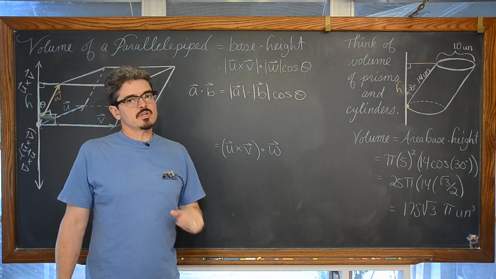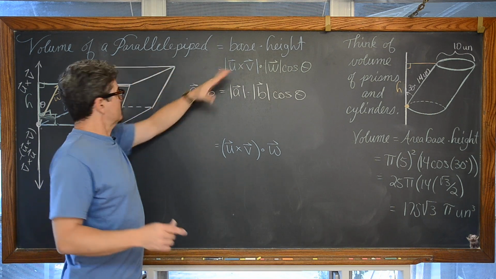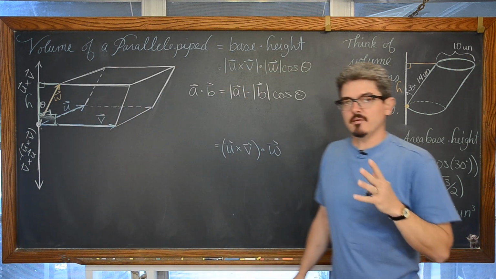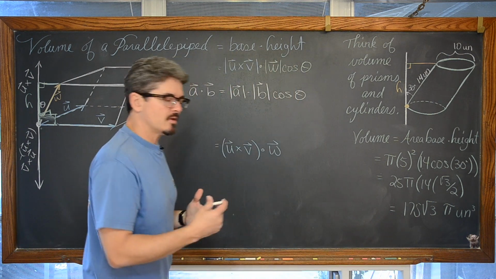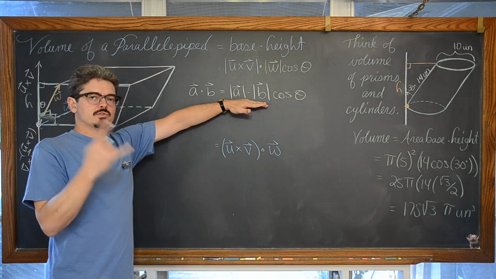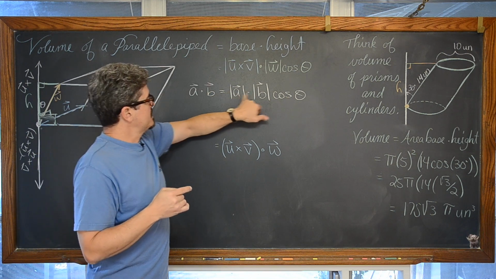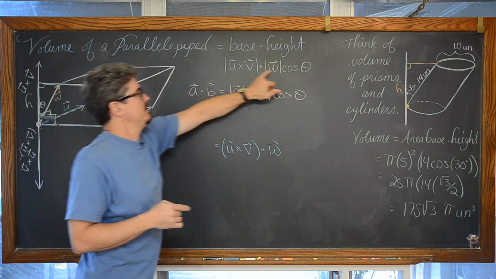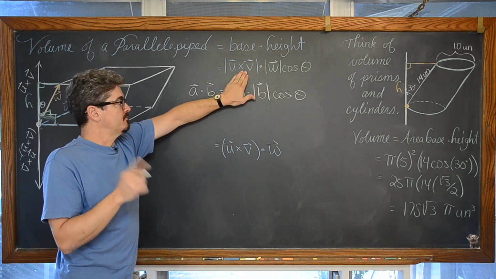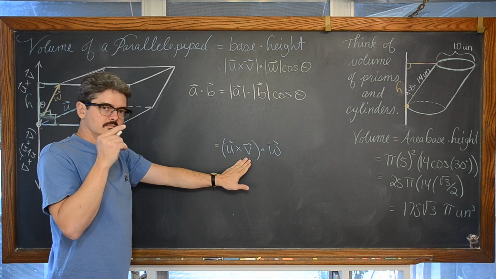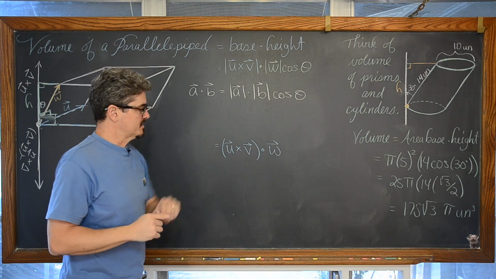So that's the geometric definition of your dot product, and that is why, when you look at a question like this and you haven't been given the formula for the volume of a parallelepiped, you can still get to that formula on your own, as long as you remember your two definitions for a vector dot product. So this pattern is the dot product between these two vectors. We're not going to look at the magnitude of the vector cross product of u and v. We're just going to work with that vector, the cross product of those two, and dot that with w.